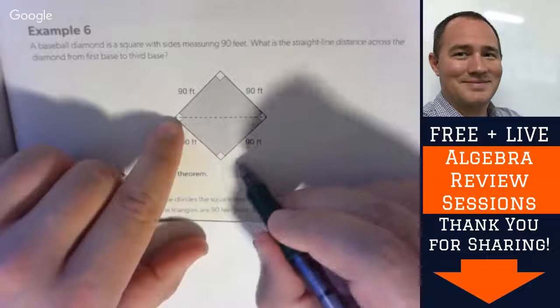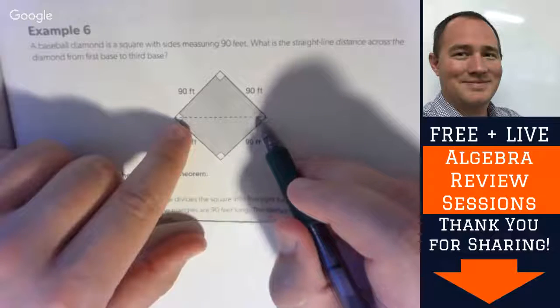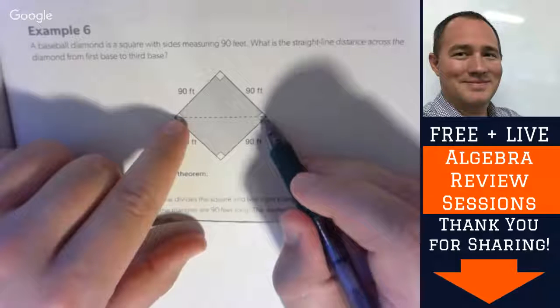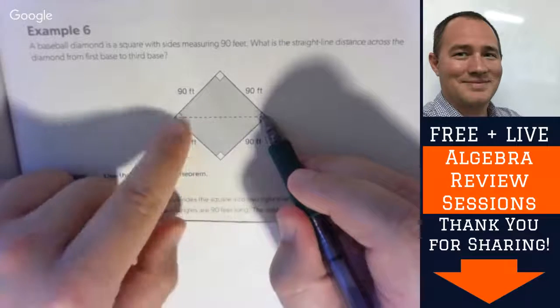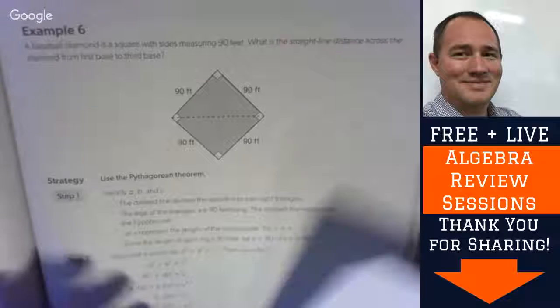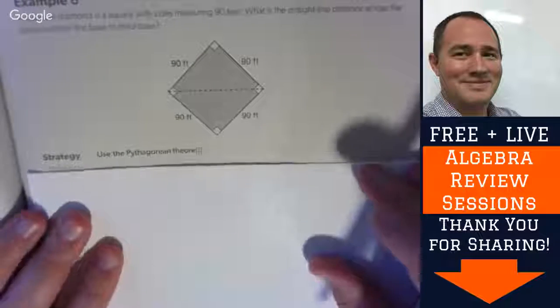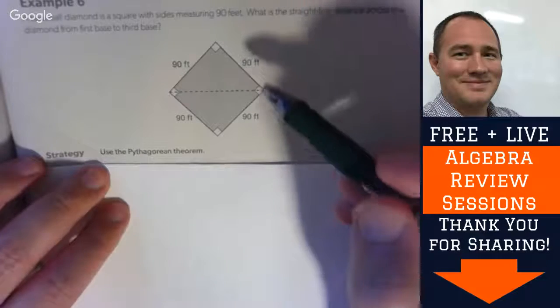Or maybe we're talking about how long the ball gets thrown if there's a double play, a catcher catching the ball, or a first baseman getting the out here and then throwing to third base to try to tag someone out. Maybe it's how far the ball is traveling across the field, not counting the arc that it goes through. So what we're doing is we only need to look at one